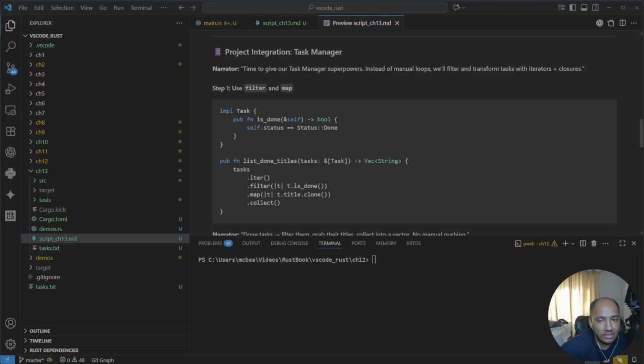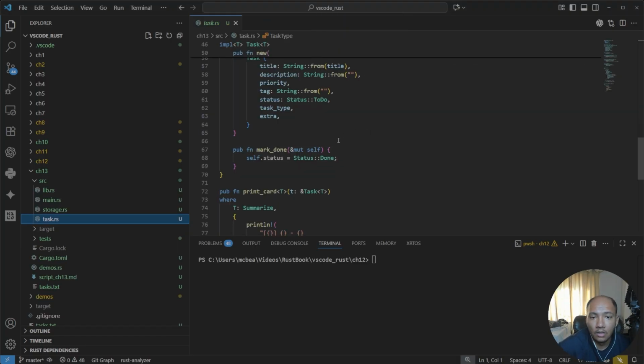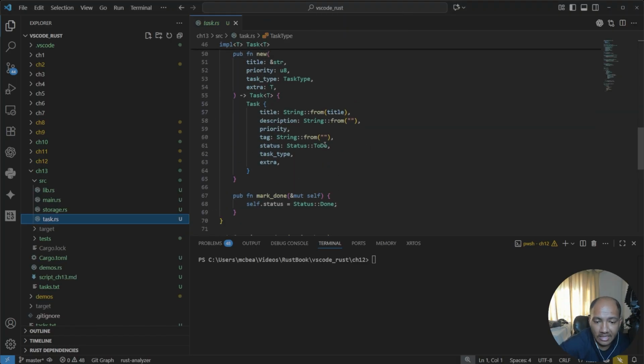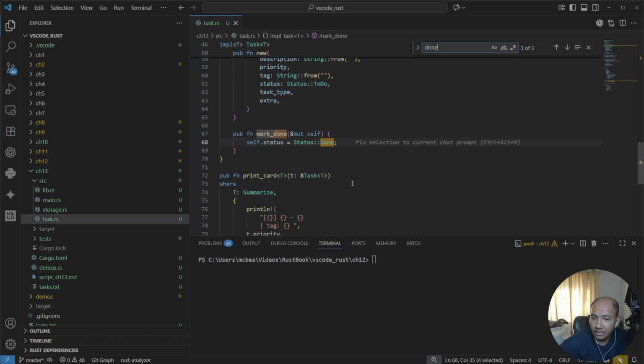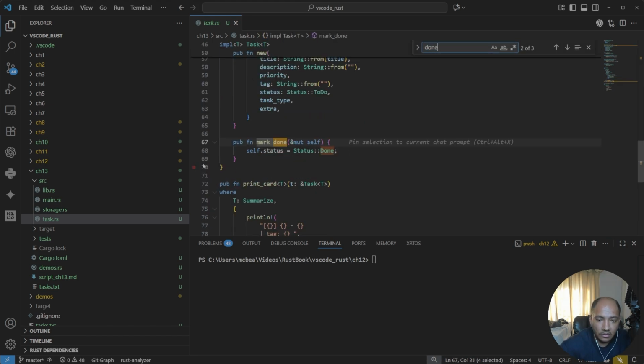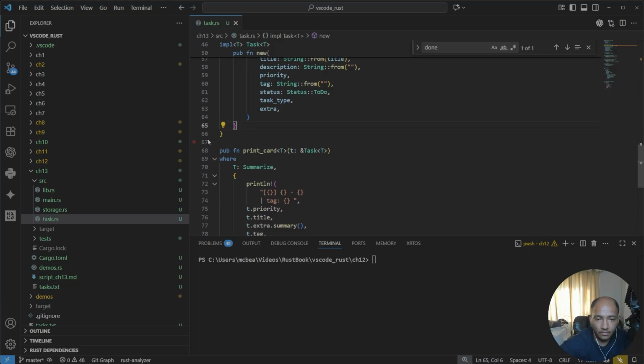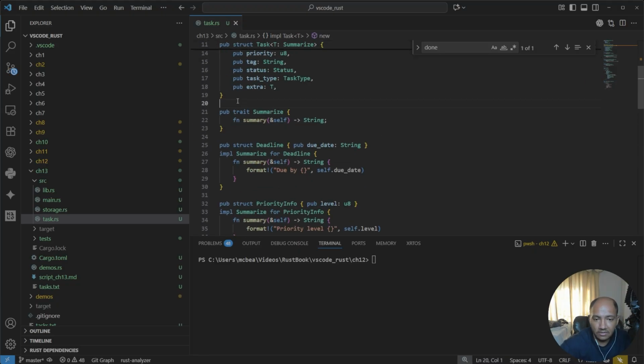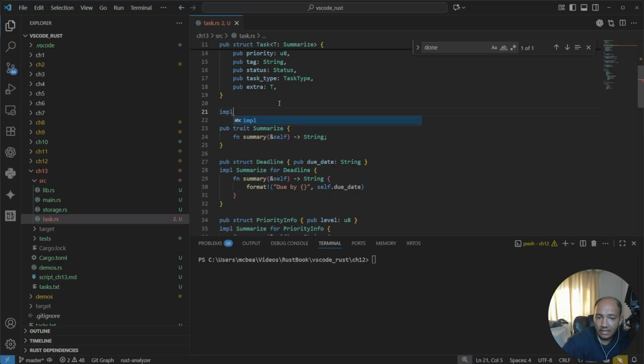So, time to give our task manager superpowers. Instead of manual loops, we'll filter and transform tasks with iterators plus closures. So, we're going to start with task.rs. You see that we have this mark_done function. Let's see if there's anything else here. Great. So we're actually going to move that out. And why are we going to move this out? We're going to actually create a